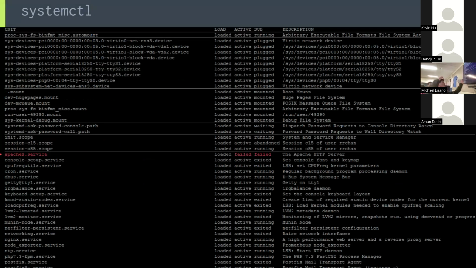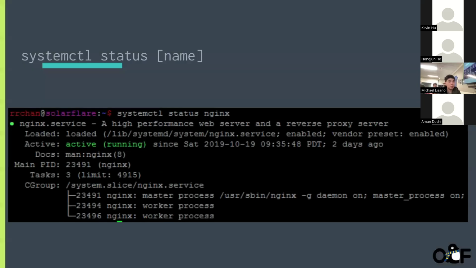So systemctl is essentially just a list of all the services that are currently running or that have currently failed. Essentially everything that is loaded is going to show up here, as well as some cursory information about their statuses. If you want more detailed information about the status of a service, you should do systemctl status and then the name of that service.